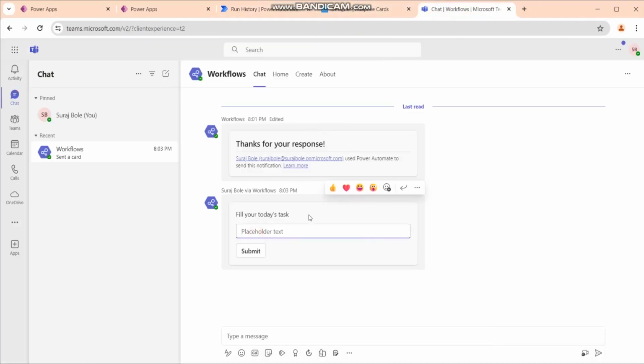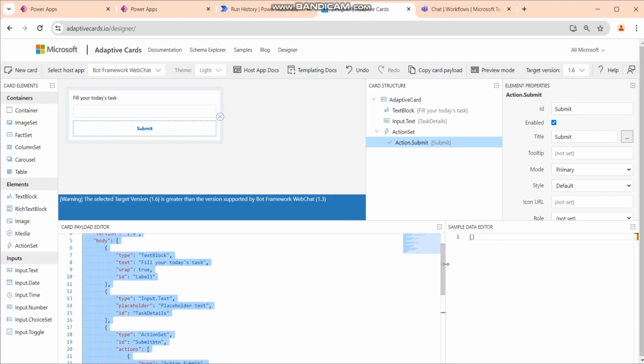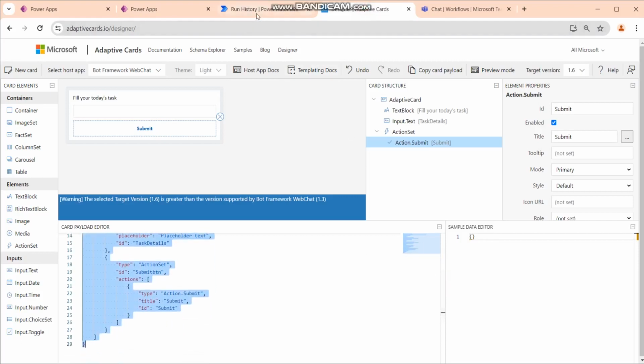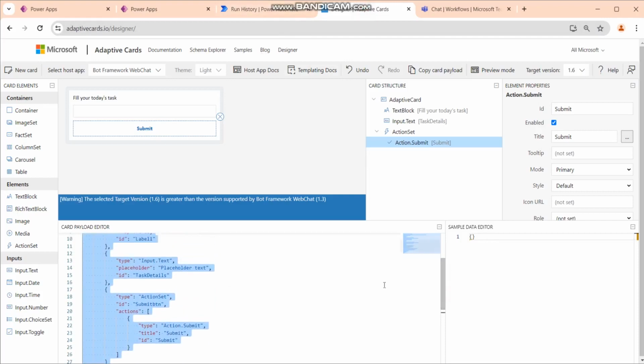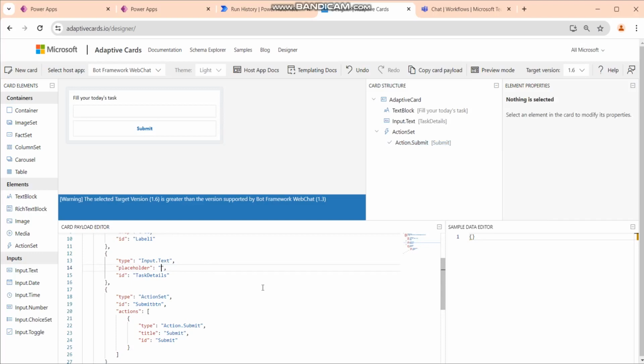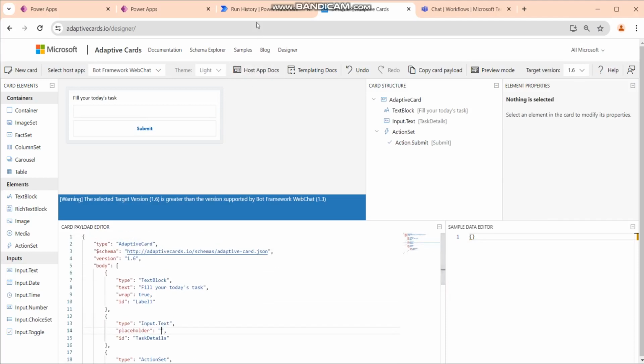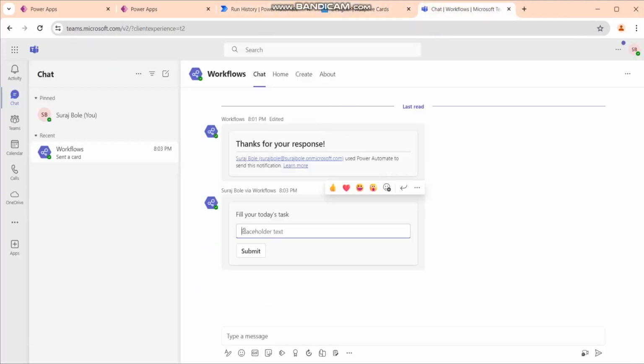Okay, again we have a card sent to us, right? We can see the placeholder text is showing here by default. We can remove it from the designer or from the flow as well. It is showing the placeholder. We can keep it blank, or if we want some text to show the user, we can put the text here. And second thing, you notice the text box is of small size. If we want to increase the height, since there can be many tasks,